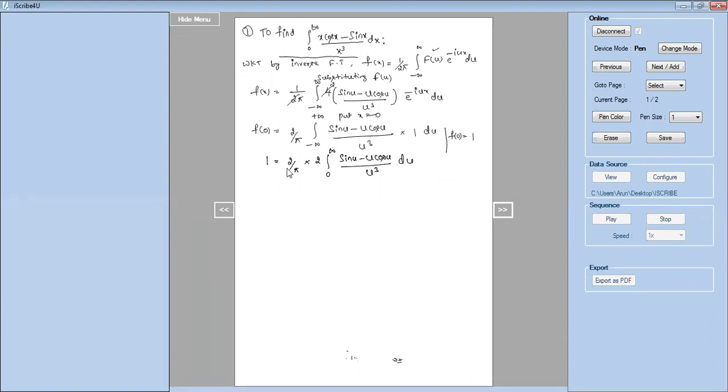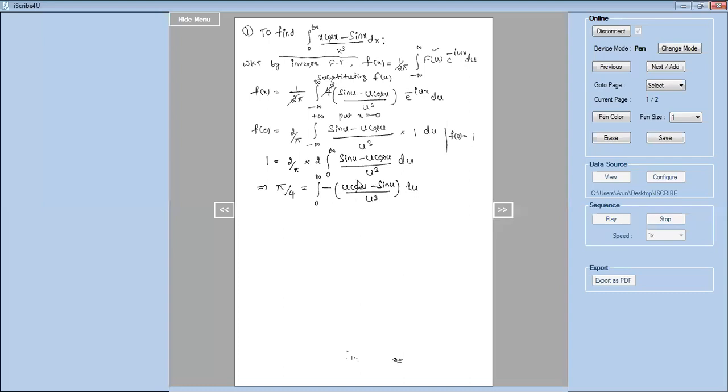Now 2 2s are 4. Cross multiply this, so it becomes pi. So this will go to the numerator. Left hand side pi divided by 2 2s are 4 equals integral 0 to infinity. See here, I'll take minus common and write this as minus of u cos u minus sin u divided by u cube into du, because the problem is in the form of x cos first. Now let us take this minus to the left hand side, so it becomes minus pi by 4 is equal to this, and finally we put u is equal to x.